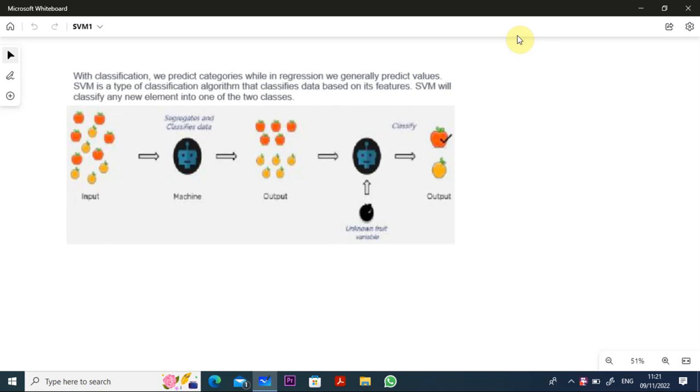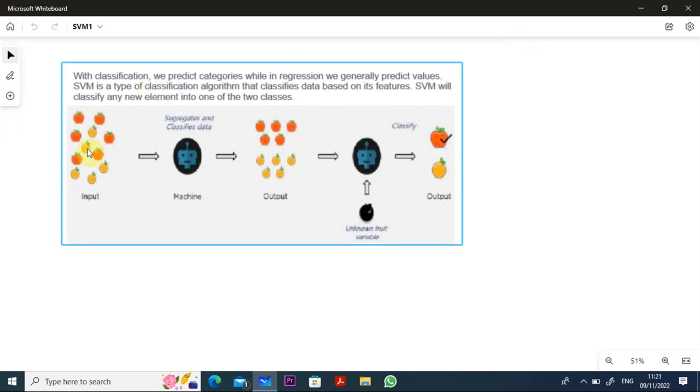For example, our input is given as a number of fruits. You can see it here. One can be orange, one can be apple, like that it is given. The red color is given for the apples, and you can see the orange color there. Then this input we pass to a machine using some machine learning algorithm. This tries to segregate and classify the data. So it is classifying the similar type of red color into one category, and the orange into one. Then when we put a new input to this one, based on this classification and verification,